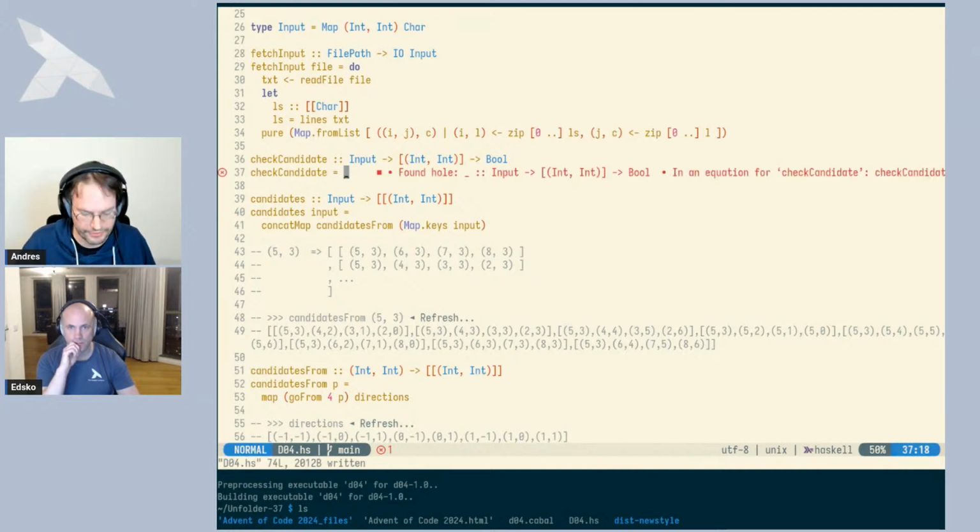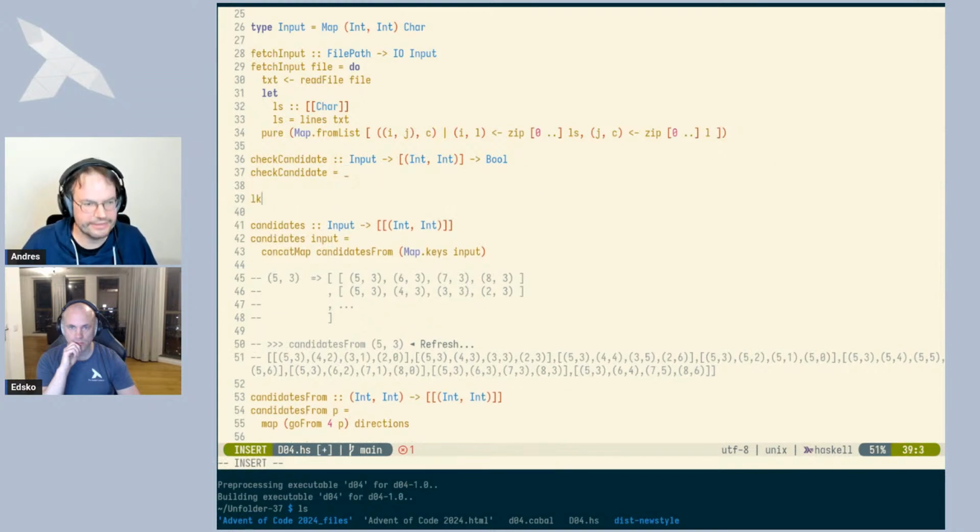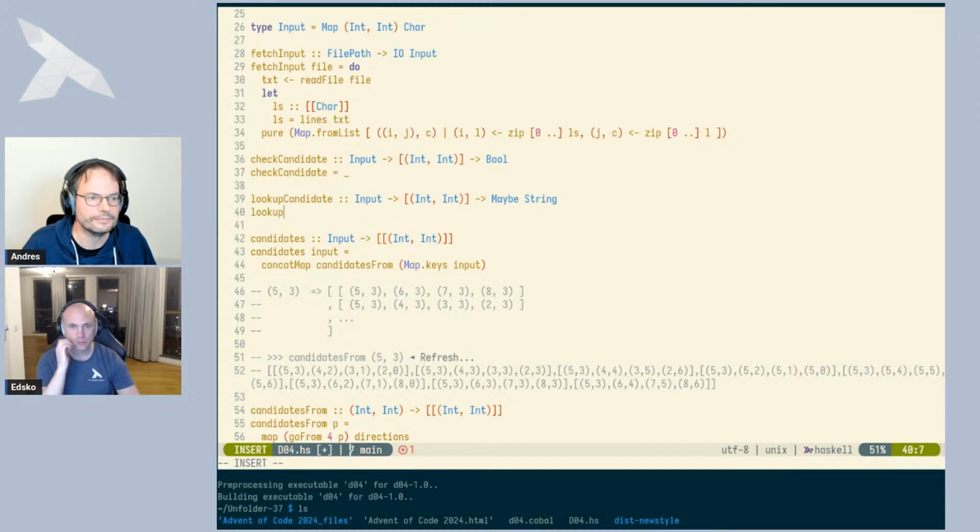So this is, I suppose, to check that this position corresponds to the word Christmas, but let's actually write something like lookup candidate that takes an input and a list of int and gives me back a maybe string. And this should be traverse, I guess, or map m. Because we basically want to traverse,